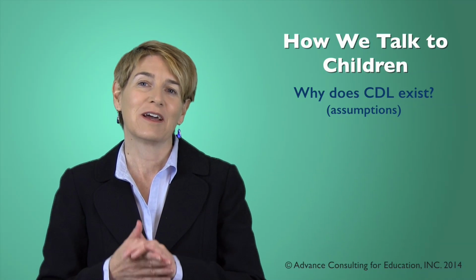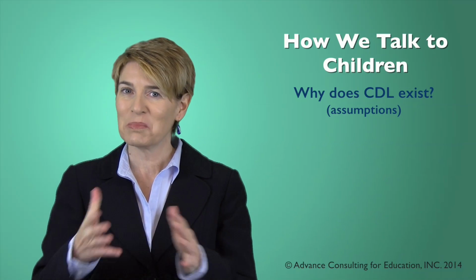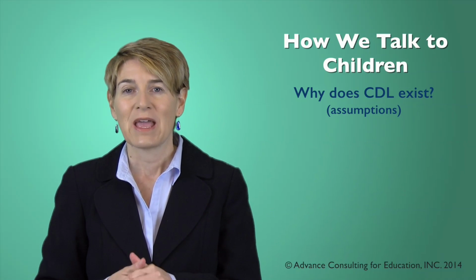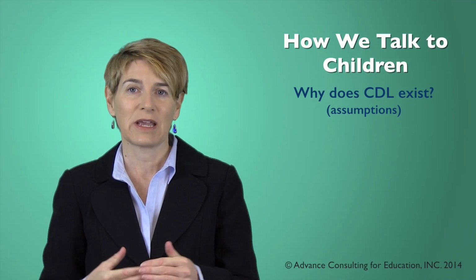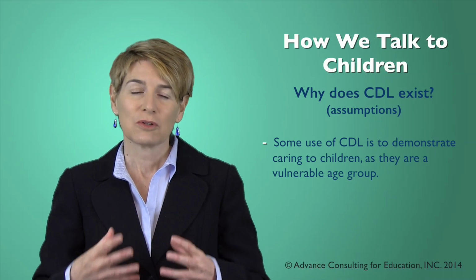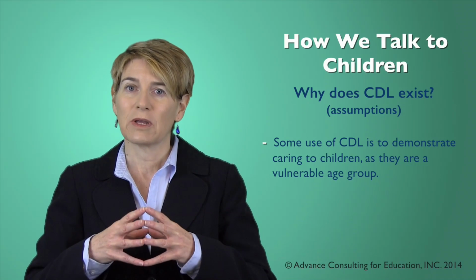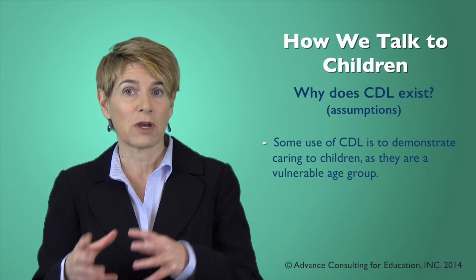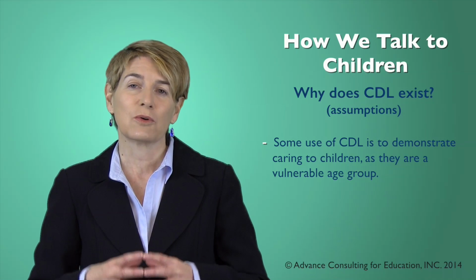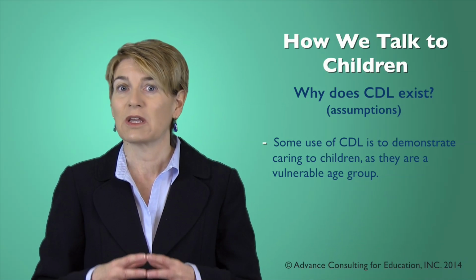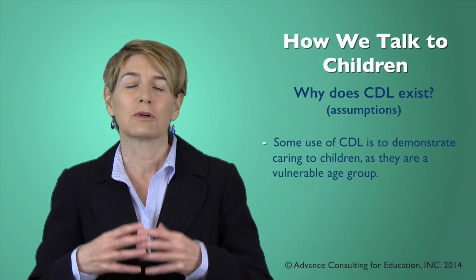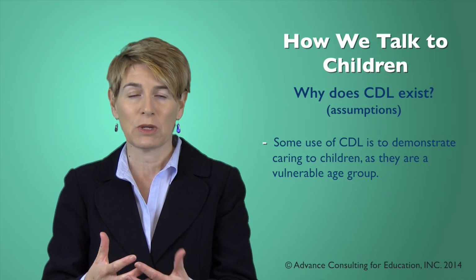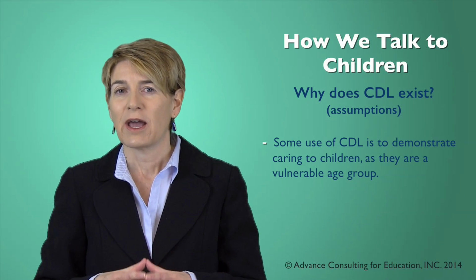And there's one final argument for why we use child-directed language, and it's a little bit of an opposite to the idea that we use it for power purposes. This is the idea that we use child-directed language to demonstrate caring. Children are a vulnerable age group, so we consider any individuals within that age group to be vulnerable, and it's our job, if we're not in that age group, to take care of them. So researchers think that one of the assumptions behind child-directed language is that we're acknowledging that vulnerability, and we're also saying, hey, I know you're vulnerable and I'm going to care for you. So there's this whole caring assumption that comes with the use of